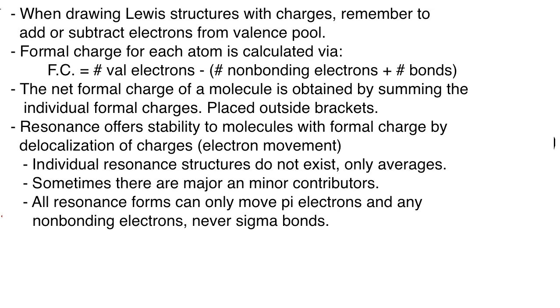Okay, everyone, so here is a nice summary that I think is pretty succinct in terms of what we discussed. So a couple of reminders and points you want to take away. First of all, when we are drawing Lewis structures that involve charges, whether they be positive or negative charges, remember to add or subtract electrons from the valence pool. If you're in a situation where you have negative charges, you need to add to the valence pool. If you're talking about a net positive charge, you need to remove electrons from the valence pool. And just a tip there that we discussed was make sure that you don't have an odd number